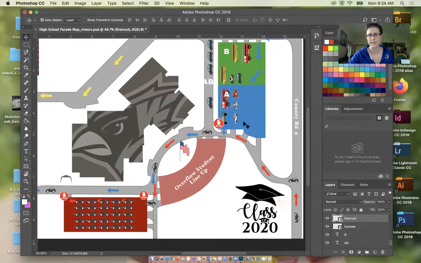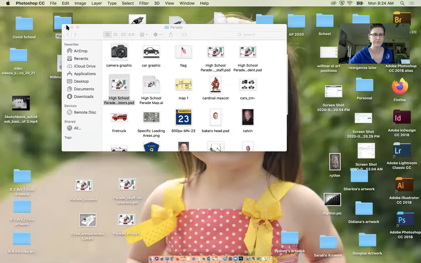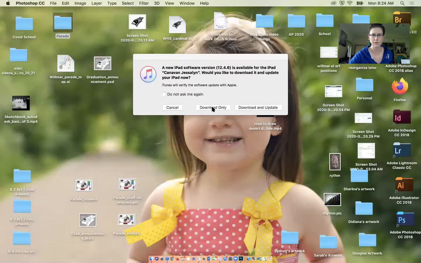Okay, so like I could erase the fire truck, I could do all sorts of things. That's kind of what the concept is. So I'm just working with one thing, but protecting the other things, even though I can't necessarily see that they're separate. Okay, so I'm gonna get out of that so I don't have to save that. So now I'm gonna show you what this looks like in